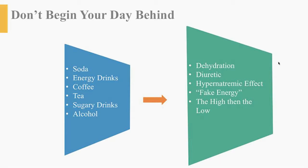There are so many nurses that come in holding their coffee in hand and their Starbucks and whatever other energy source they have, looking to make it through their 12 hours. So people drink soda, energy drinks, whatever sugary drinks, hopefully not alcohol, but I know that alcohol is definitely a go-to after work. Even night shift goes out for their breakfast beer. But thinking about not beginning your day on the wrong track, if we think about how the body works,